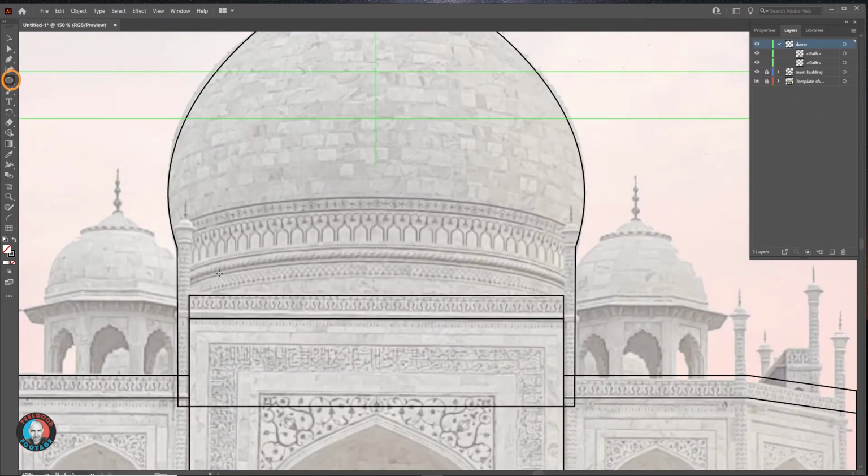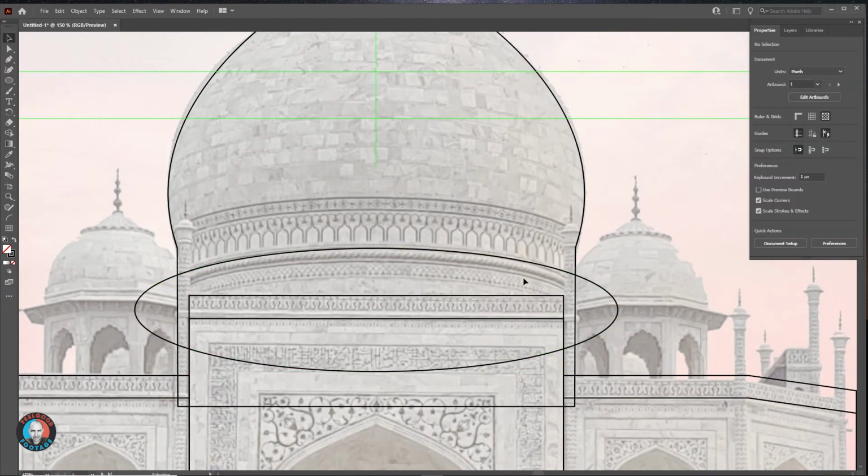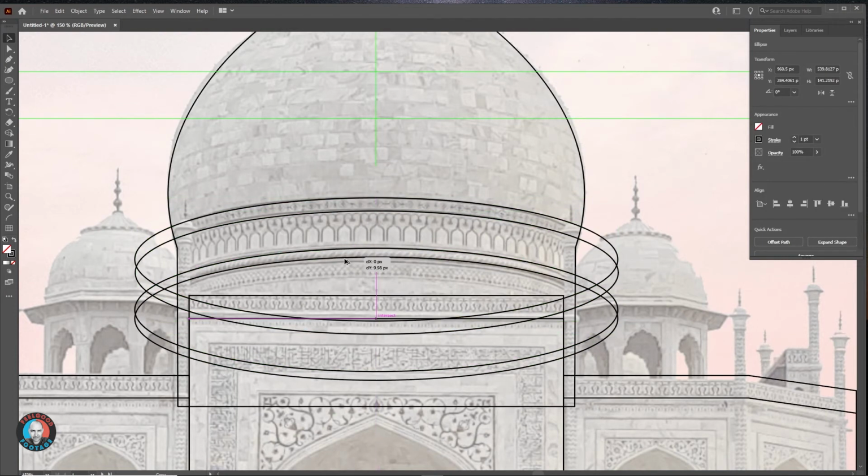In terms of details, I'm going to simplify a lot, but I will take a couple of the rings around the dome. I'll use the ellipse tool, and when I'm happy with the curve of just one, copy that to make the others. Then I'll select them and use the Shape Builder, and holding Alt down, remove all the sections I don't need.